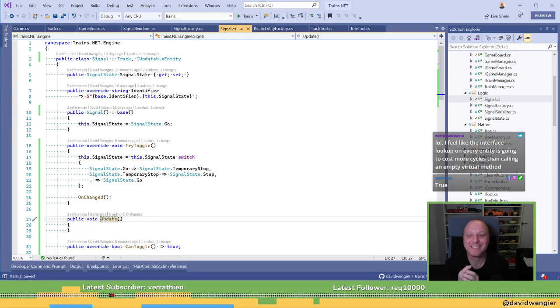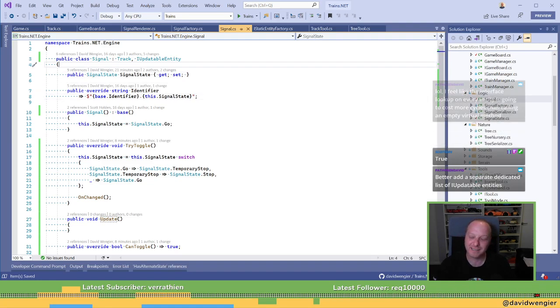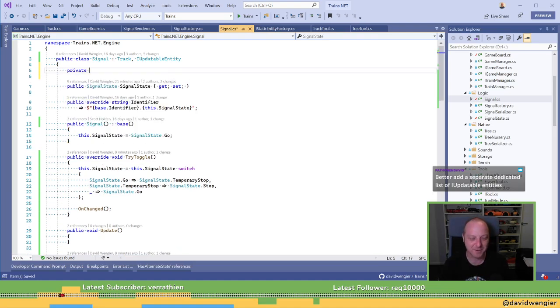Yeah, it probably will. I mean, yes, an empty method call is not a problem, but this game still doesn't have any performance problems yet like that. Okay. Am I crazy to just do this by... I mean, I could do it by time, but I could do it by counting as well. I'm so tempted to just have an int count. No, all right. I will do it by time.